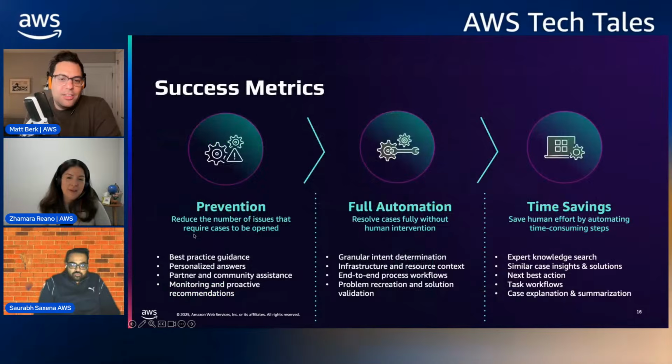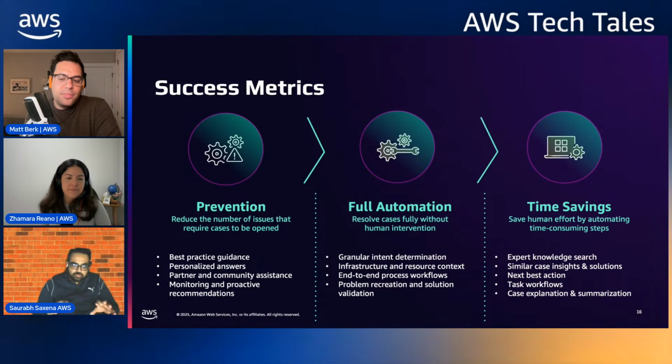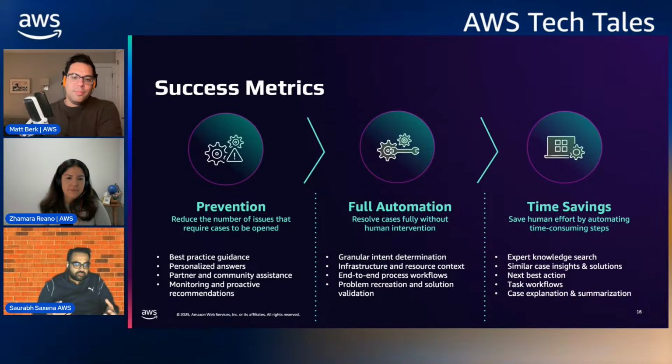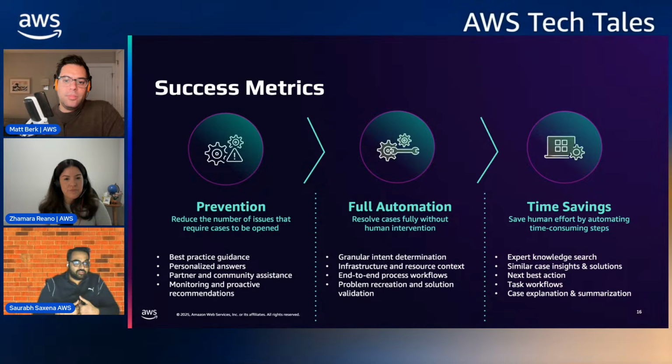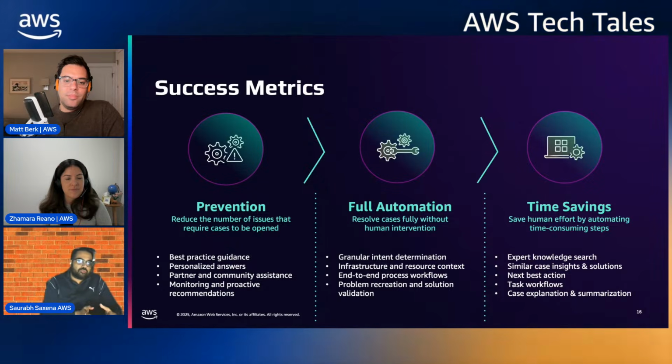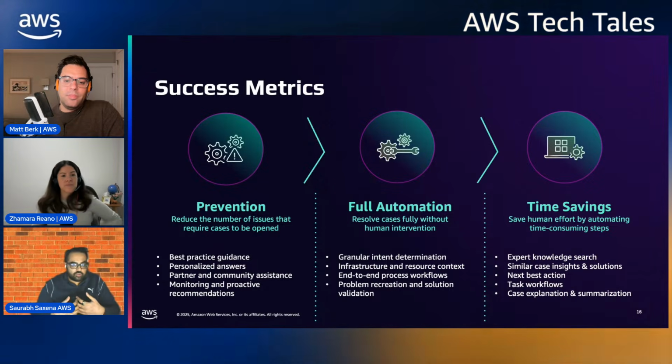Right. So a couple of things we have looked at in terms of what success looks like for us. A few things we look at is prevention. Are we helping customers so that they are contacting us less? Being a support business, that sounds odd, like, why would you say that? You are there because they're contacting you. But that's not how we think about it. If customers are able to self-serve or prevent issues from happening, we see that as a win for ourselves, right?